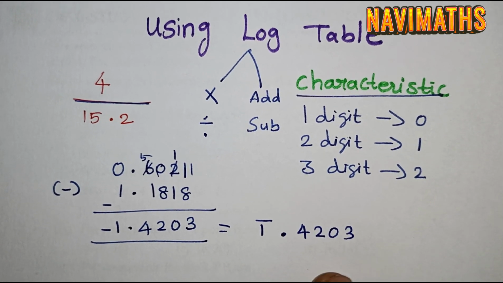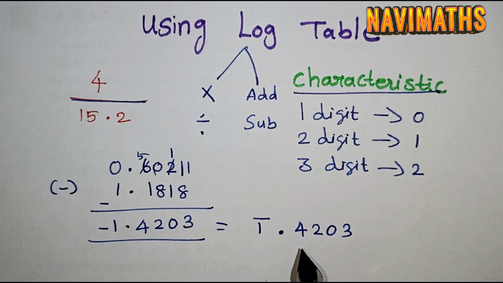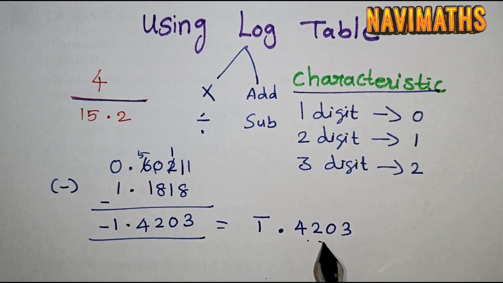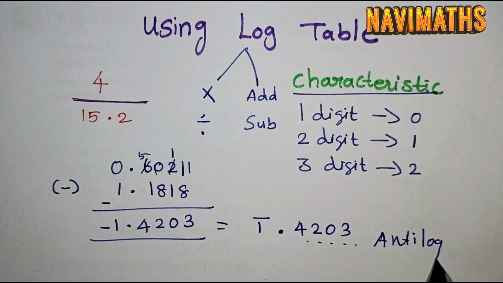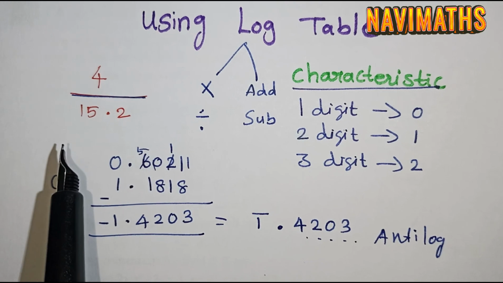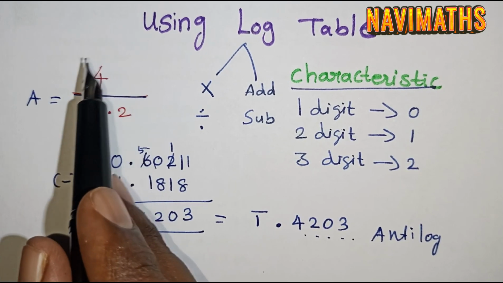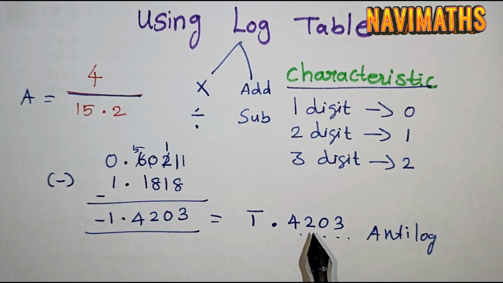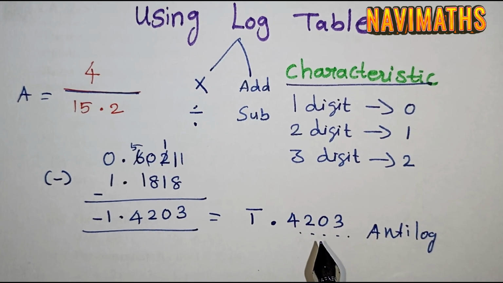After completing this, we have to take the anti-log value for the answer which we are getting. For this 0.4203 we have to see the anti-log value. Why we are doing this: we are taking the log book to solve this. So for example, A is equal to this, which is my question, we are taking log on this side. So we have taken log on this side also. Finally we are getting the value of log. If we take the anti-log, it will remove the log, and we will come to the correct solution.